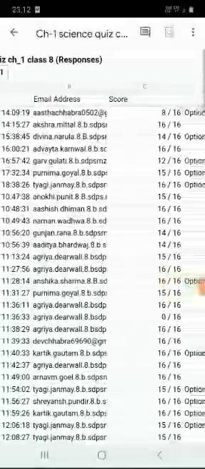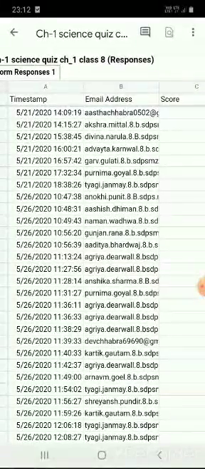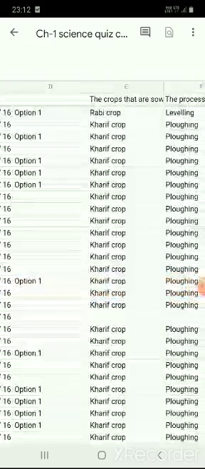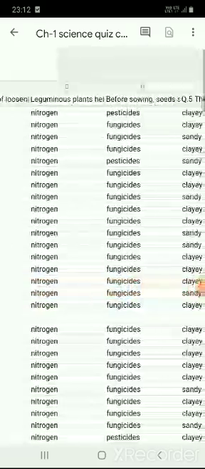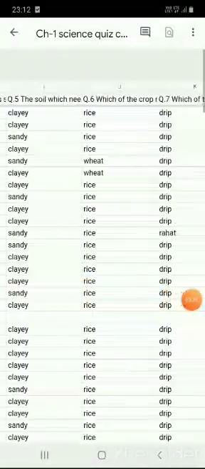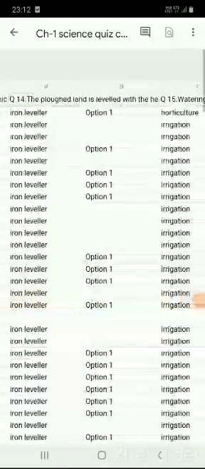See, email address, the time when they have given this assignment to me, when they have attempted this quiz, time, date, their score, and whatever options they have given. It was a multiple choice quiz, so whatever option they have opted, that option is also given to me for every question, you know that.